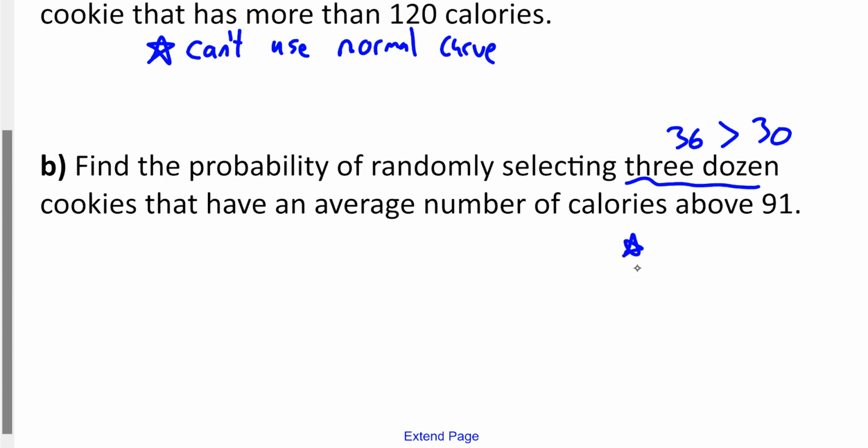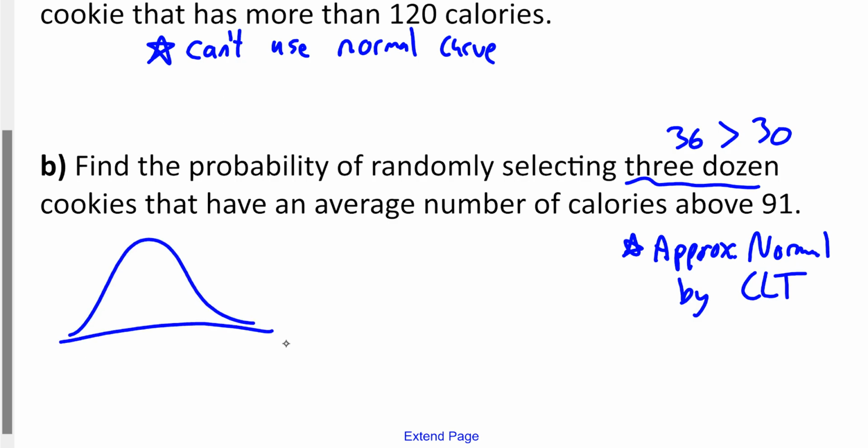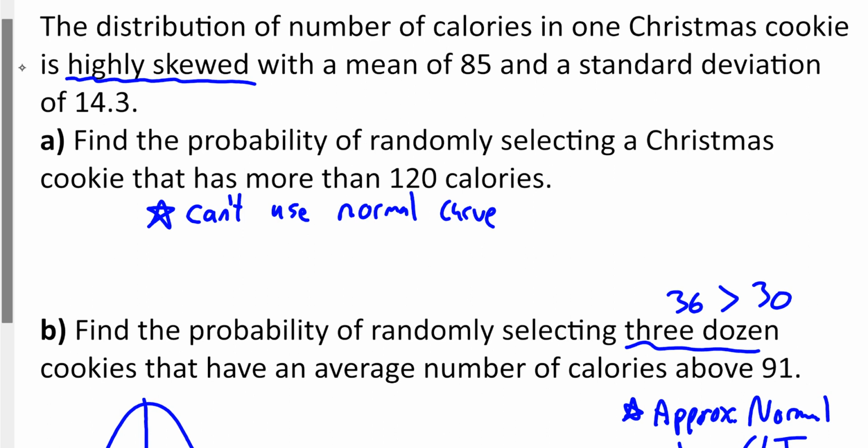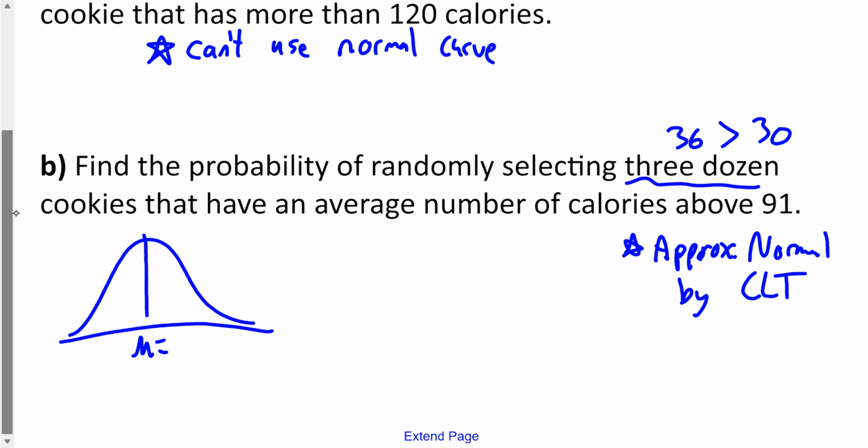So we can say approximately normal by the central limit theorem. Okay? Now we can go into our work and make a normal curve, and we can assume that the mean would be the same as the population, which was 85 calories. The standard deviation, before I do that,